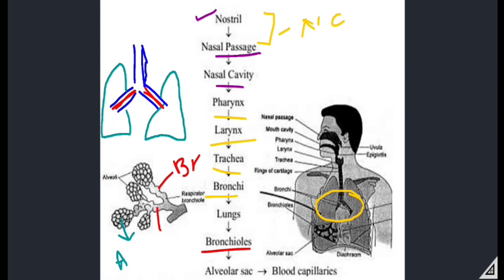Your alveoli is a very important structure, and you have to clearly understand the structure of your alveoli. Alveoli is basically the important structure for the respiratory system in human beings. It is because here the actual exchange of gases takes place. It means that all the structures